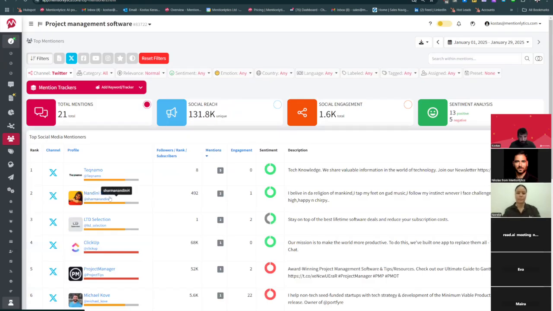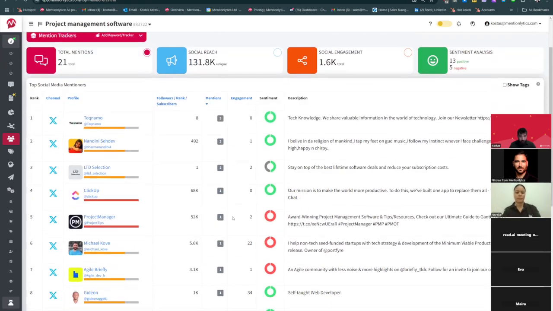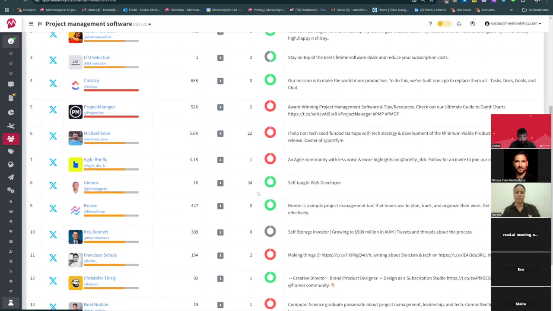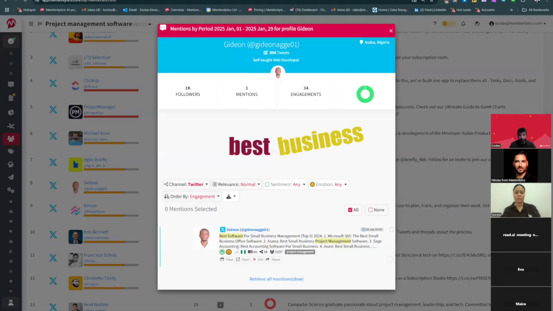So let's say Nadine Dev, or we can go to an even bigger one, like Gideon here, self-taught web developer. Let's say this person has already made one mention of our industry, but software for small business management, project management software. Super excellent.